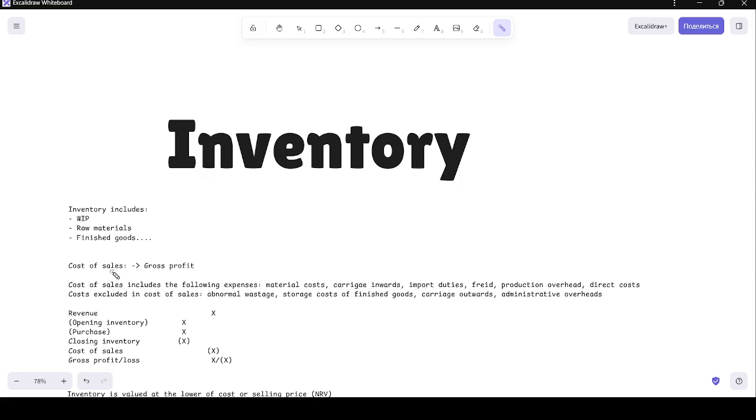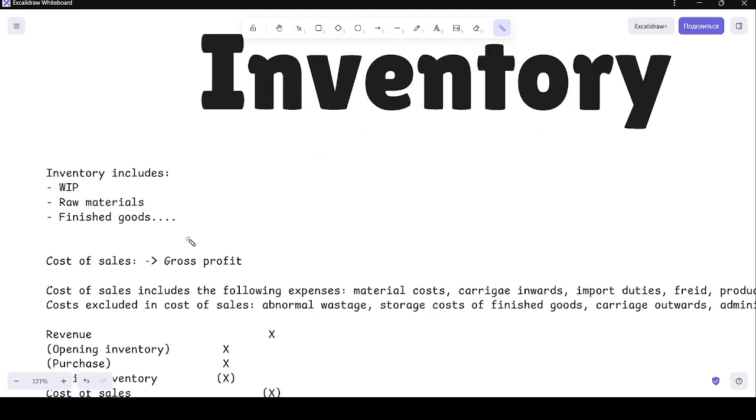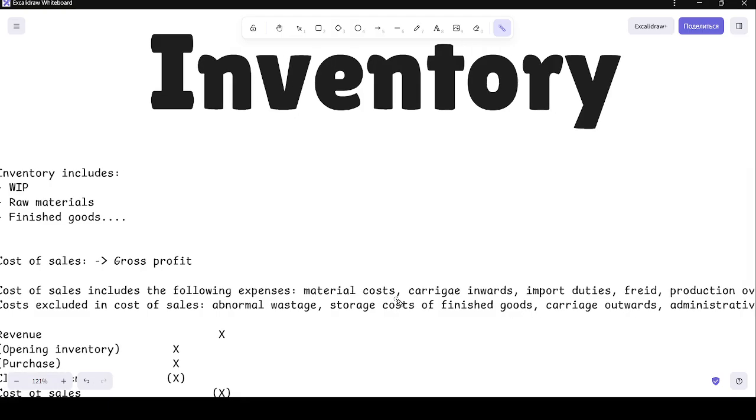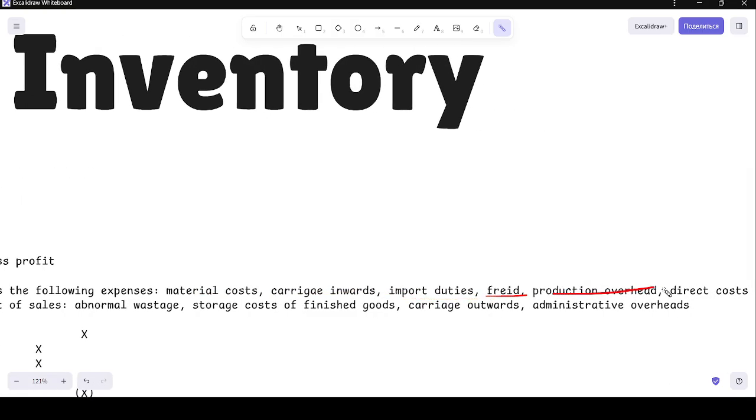And we have another term. This is cost of sales. What is cost of sales? It is the cost of the product that we sold. By finding cost of sales, we will find gross profit. Gross profit means how much of our revenue is in excess of the cost of our goods. Our cost of sales includes the following expenses: material costs, carriage inwards, import duties, freight, production overhead, and